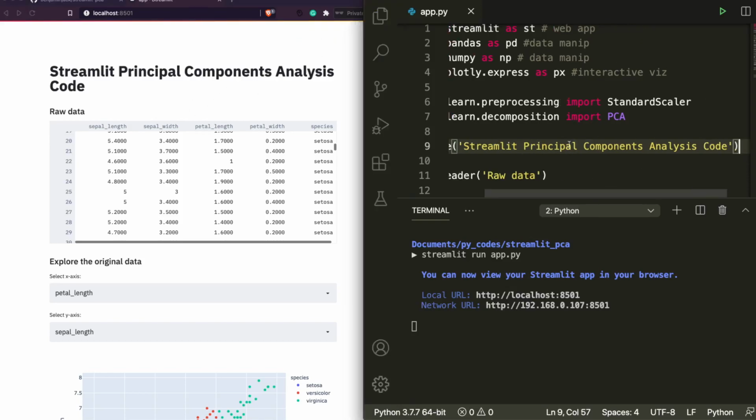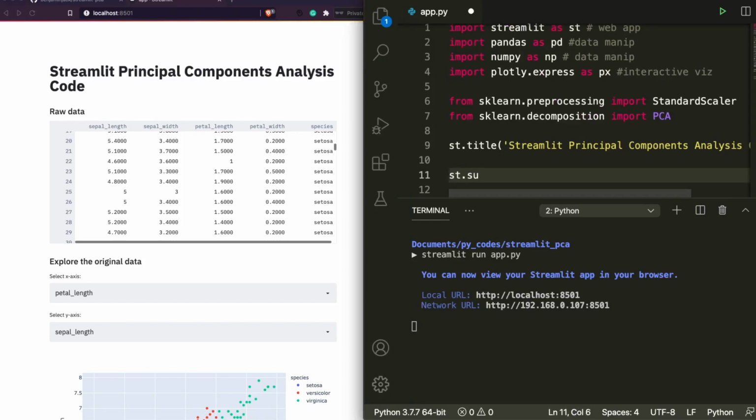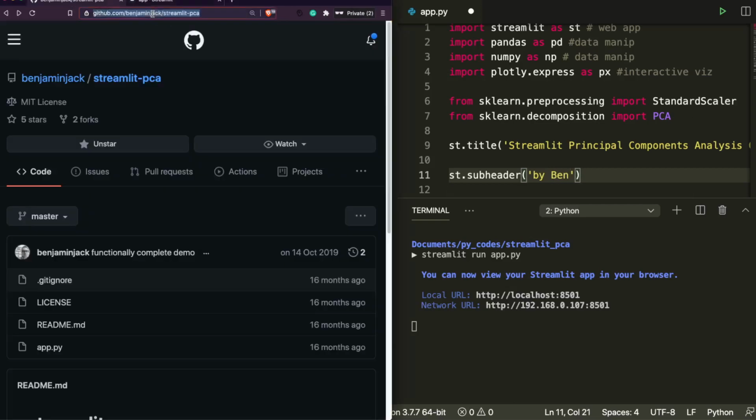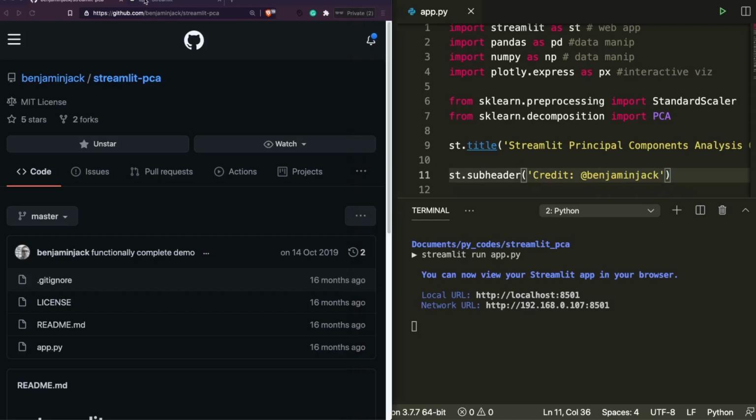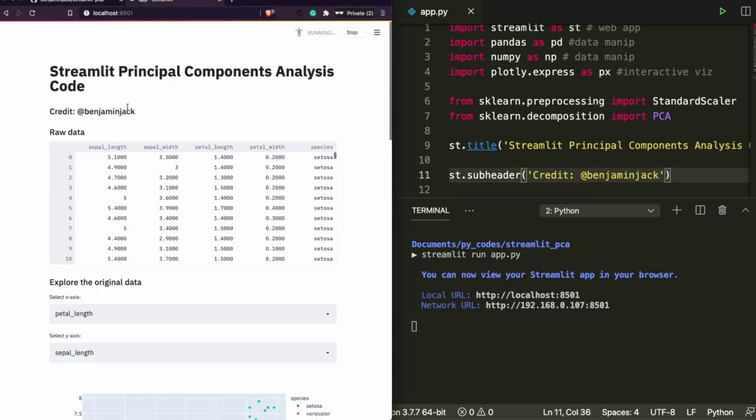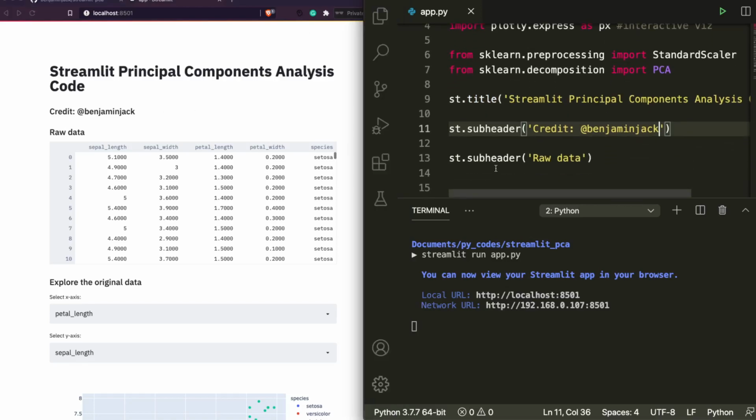Now if you want a subtitle, you can say st.subheader, and then you can say, by Benjamin, or the GitHub, or we can say credit, and then save it and rerun it. You see there is a subheader. So this is title, and this is subtitle or subheader, where you can write an h2 type tag. So this is what these 3 lines are doing.